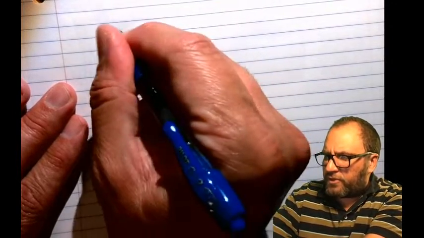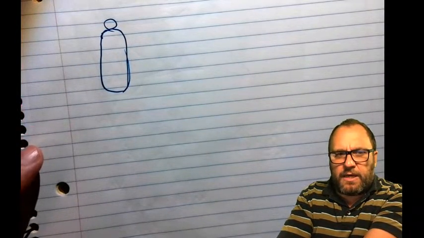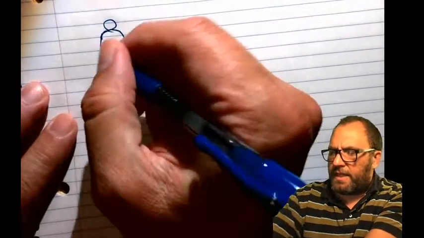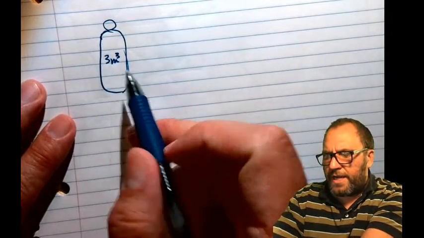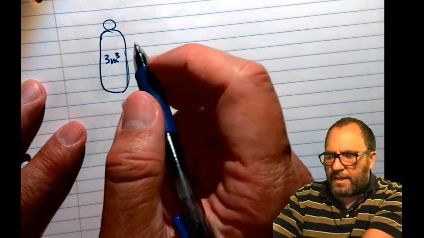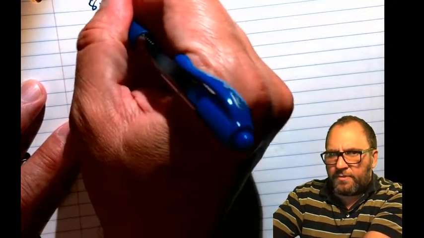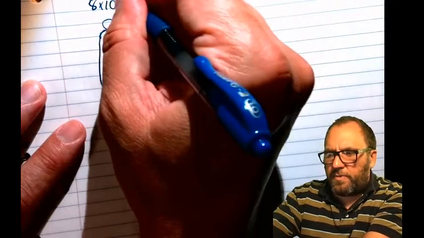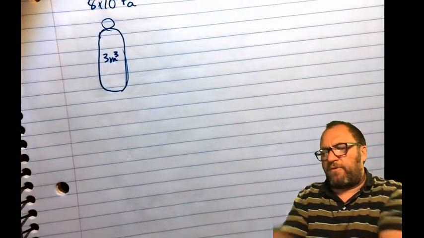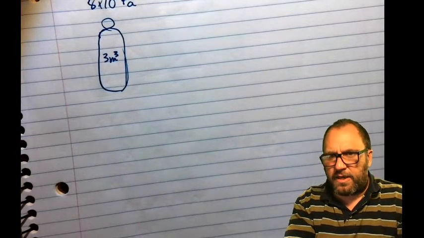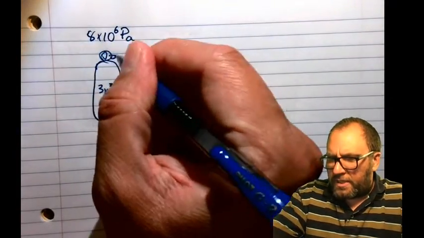So here is my scuba tank, and let's say this has a volume of 3 meters cubed. All right, and it is at a very high pressure. Let's say 8 times 10 to the 6 pascals. Right? If I let this out into the atmosphere, so say here in St. Louis, right? If I let the gas out, right? So here's my tank. I open the thing and it's like,